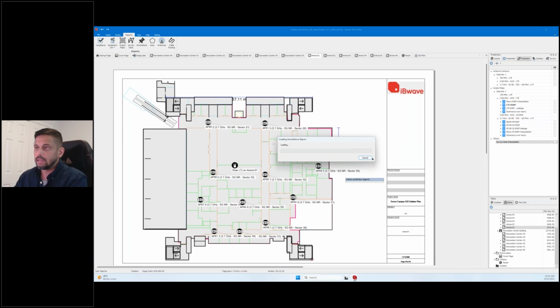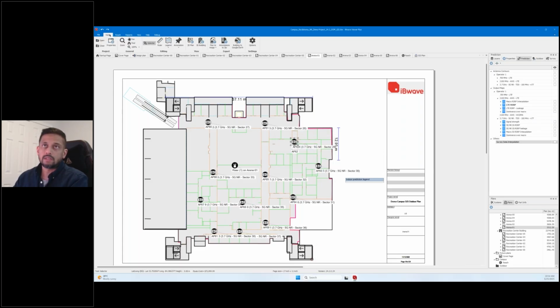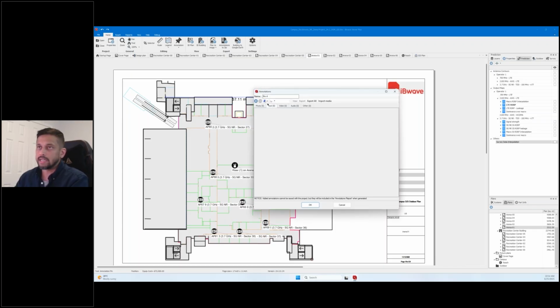So, sorry, I'm not going to generate the report just yet, but I'm going to add an actual annotation here. Give me a second here. Let's cancel that. But if I go back to the home ribbon, I can add an annotation here and I have access to all the different annotations. I mentioned earlier, maybe you want to replace this small cell, right? Take note of the warning here telling you that these can't be saved, but they will be included in the report that you generate. Okay, so once I hit OK,